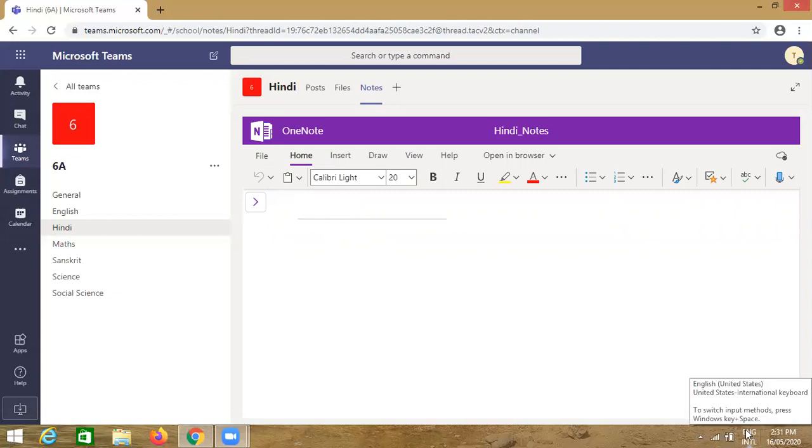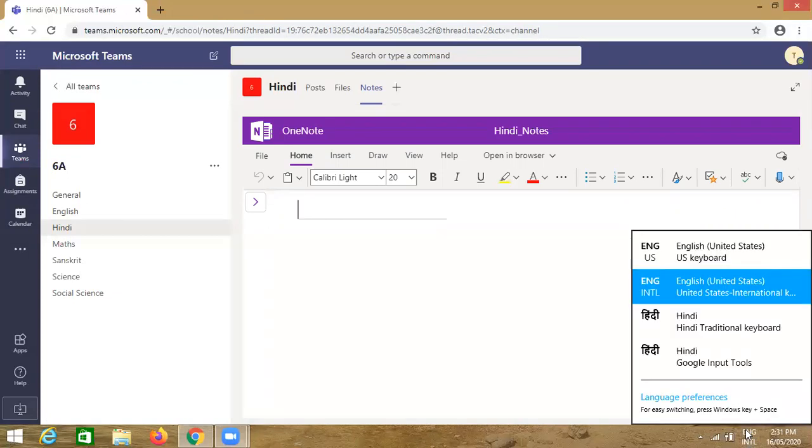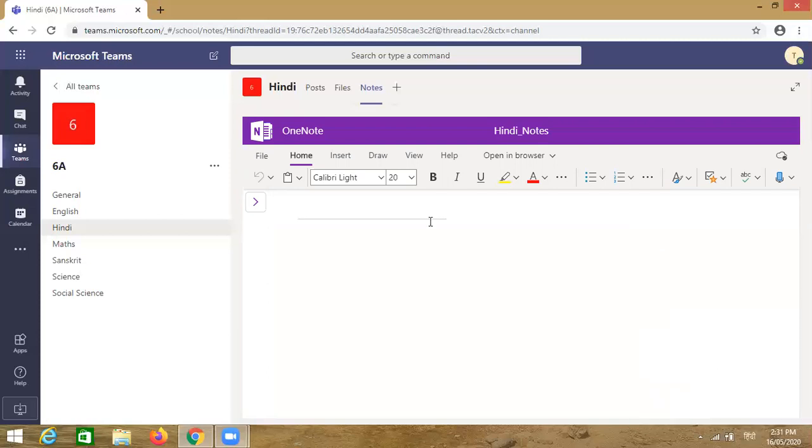Click on this. This is Google Input Tools or Unicode. Click on it and you select the Hindi Google Input Tools. Now whatever you type, it will be typed in Hindi only. But as you speak, you type from your keyboard.